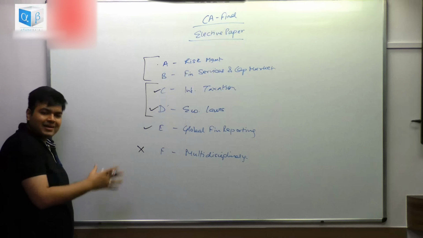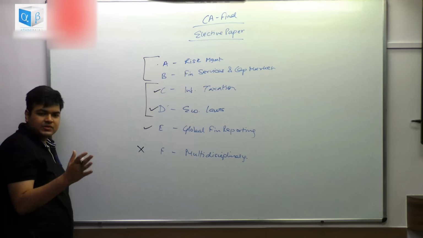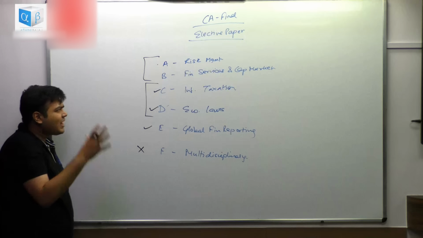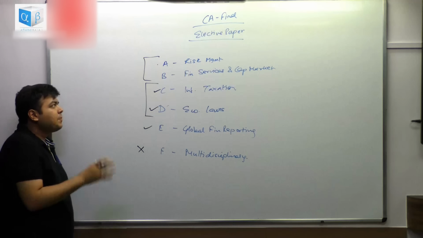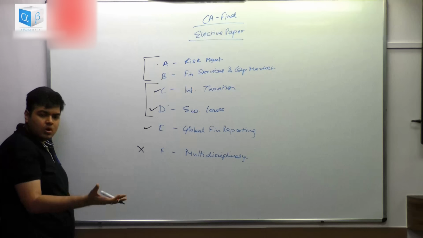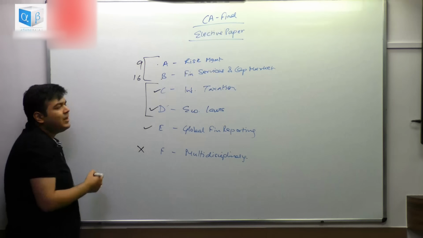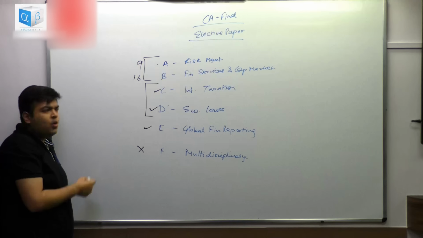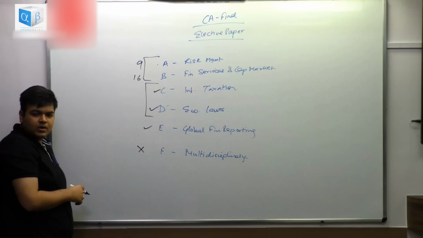Now this is based on my analysis, what I've gone through with the May 2018 papers and going through the books and all. So based on that, it is my opinion. You may differ, but that is what I have analyzed and I have understood and reviewed with so many students, and also that is what I get. So the paper is going to be relatively difficult in financial services and capital market because you already know a lot from SFM. And there are 16 readings over here as against only 9 readings over here, out of which 2 or 3 are very, very small. Over here also it's technically 15, but still there are 16 readings, 1 reading is quite small over here.